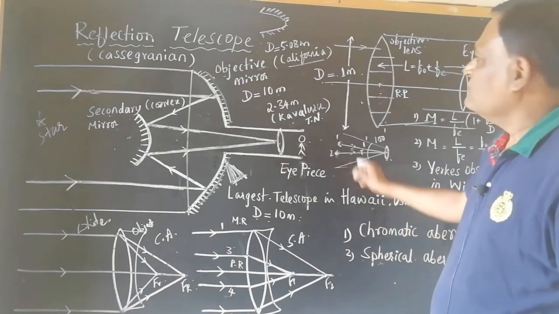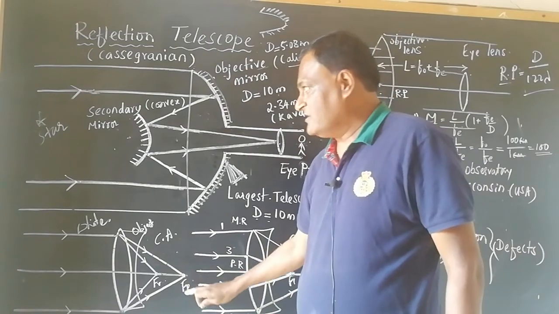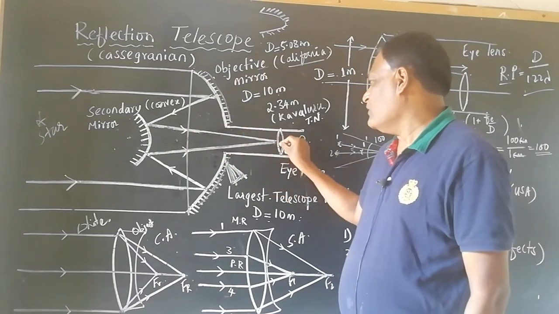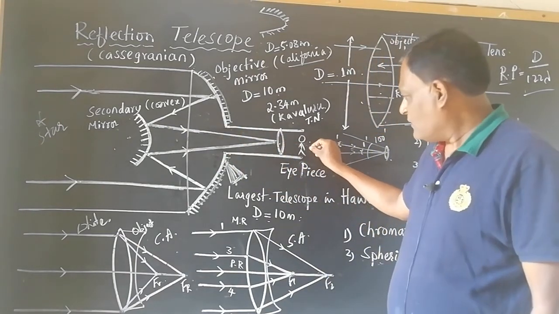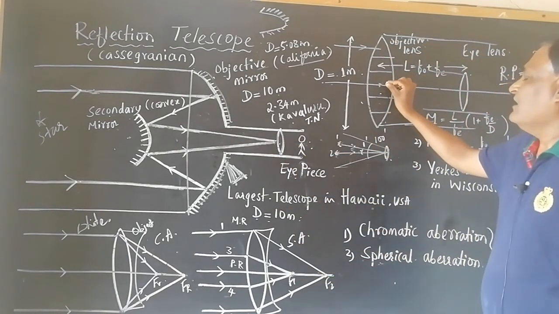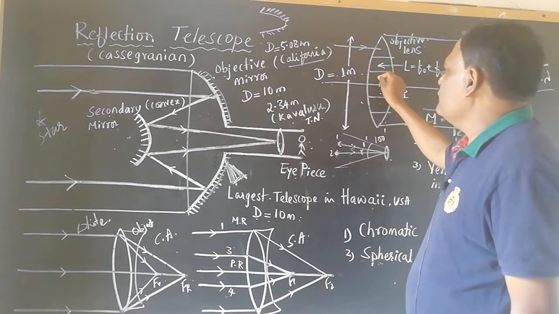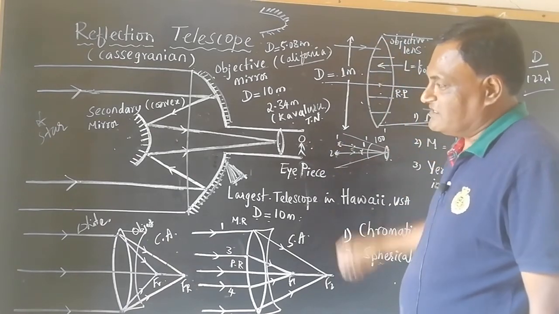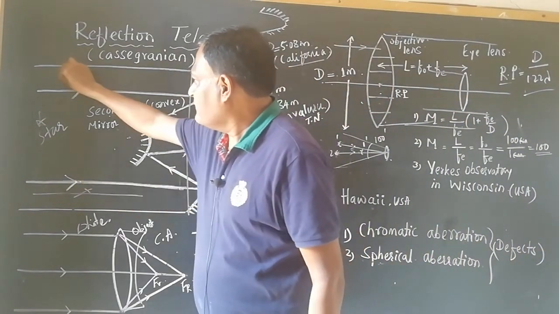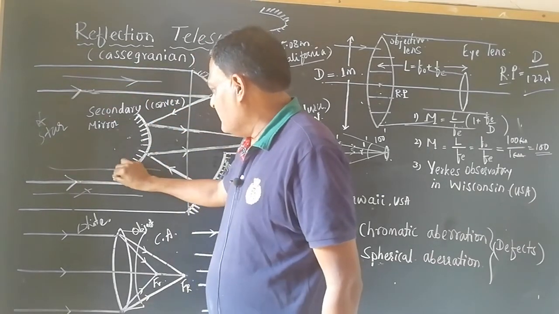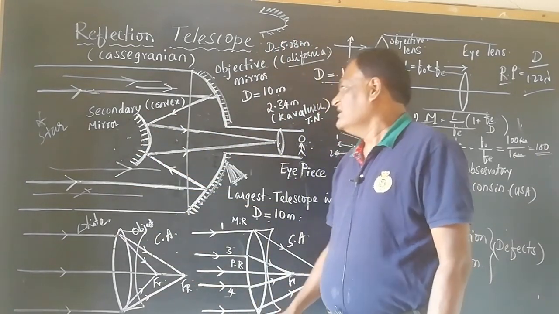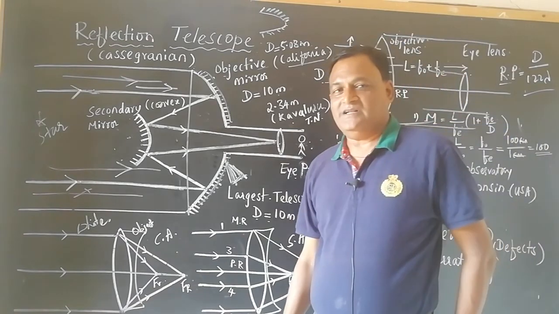So this is all about the reflection type telescope. Here the image of the distant celestial body or star seen by the observer through the eyepiece is much brighter as compared to the images seen through the refraction type telescope, since the aperture being more, more rays coming from the distant star can be collected, hence the image formed is much brighter than in the case of the refraction type telescope.